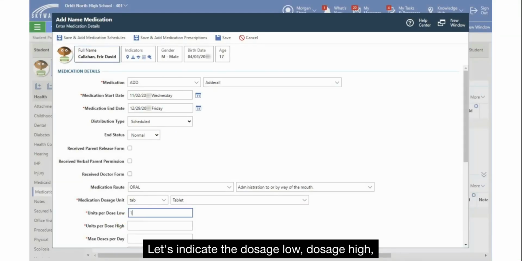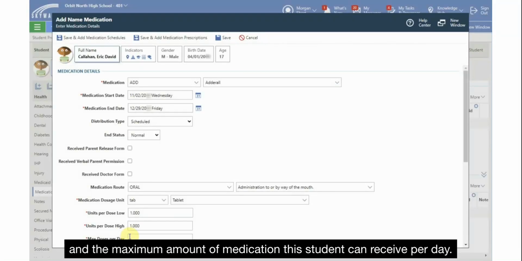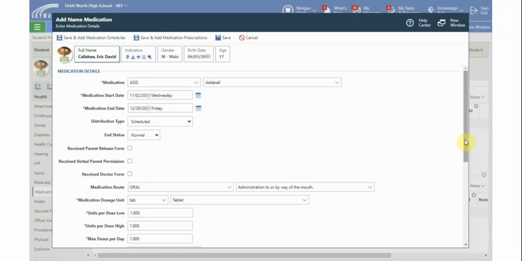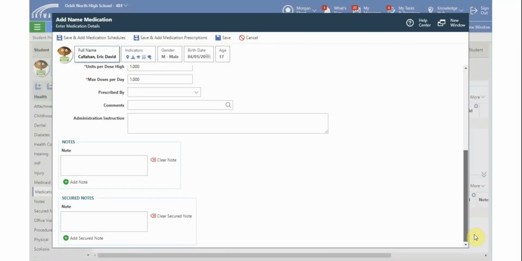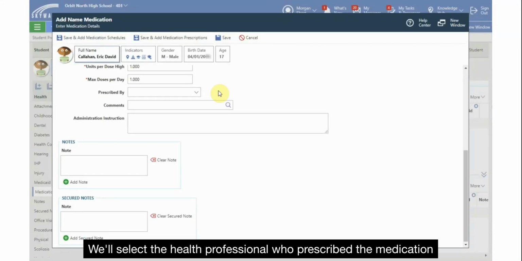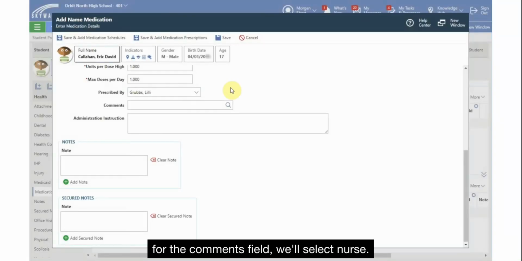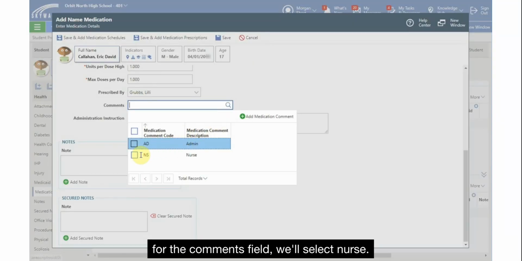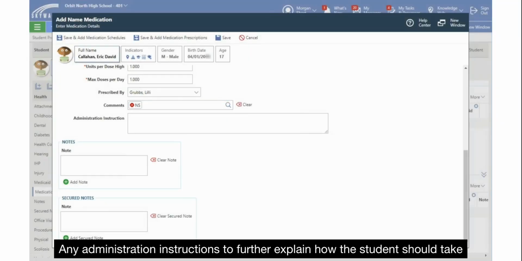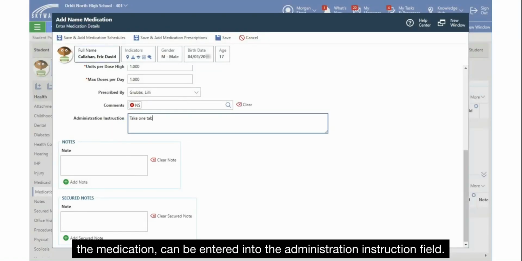Let's indicate the dosage low, dosage high, and the max amount of medication this student can receive per day. We'll select the health professional who prescribed the medication. For the Comments field, we'll select Nurse. Any administration instructions to further explain how the student should take the medication can be entered into the Administration Instruction